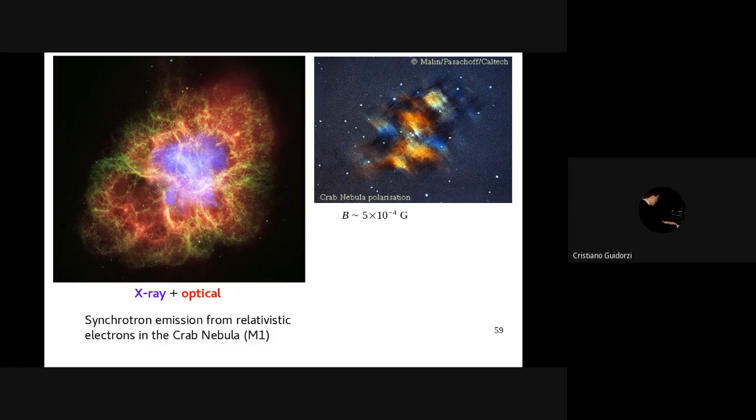This information comes from different considerations about equipartition of energy between the magnetic field and charged particles, but this is something we'll touch on in more detail in the next classes. So let's just assume that we have some channel through which we can estimate the magnetic field. We take this image, and we know from the spectrum, which we will see in a moment, of this astrophysical object that the radiation you see in this picture, which is in the optical range, as I said,